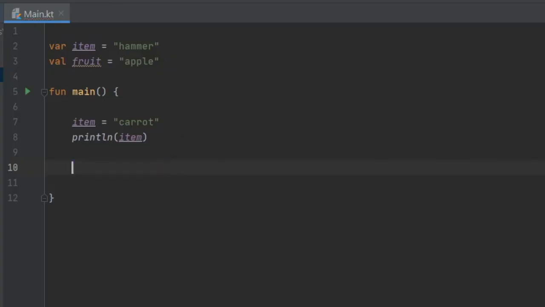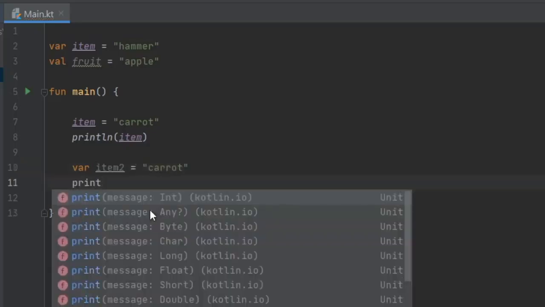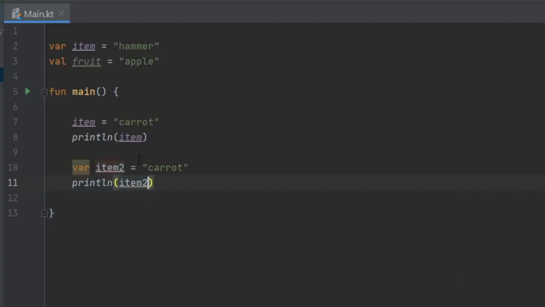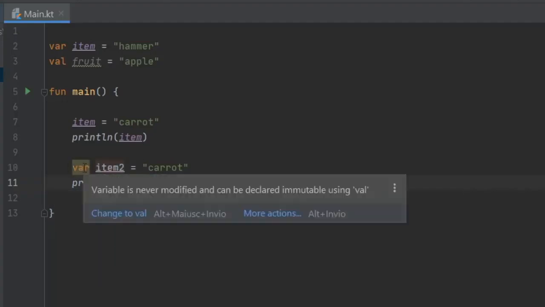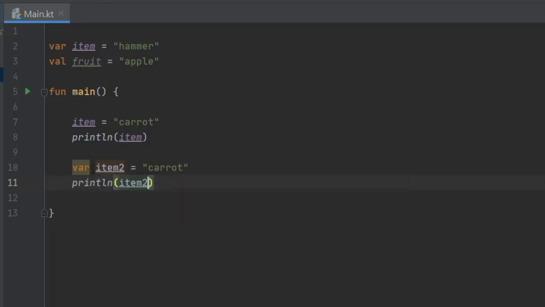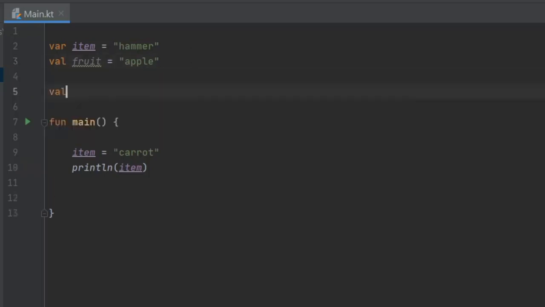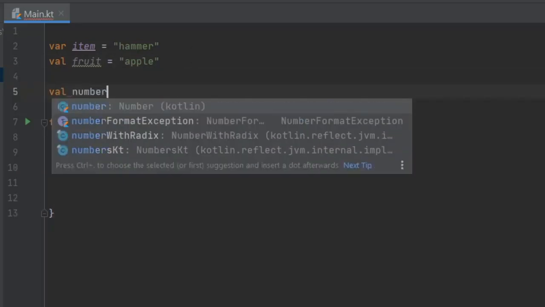For example, let's write var item2 down here inside the function. And that's going to equal carrot. And then right under we write println item2. It's going to give you this warning that says, you know, you've never really touched variable of item2. You can just assign that as a value, and that is fine. You can do that to fix it. So the compiler is really friendly about these things. But yeah, that's essentially all you need to know about variables and values, is that variables can be changed at any time, values can't. And maybe one more example, let's create a value of a number,